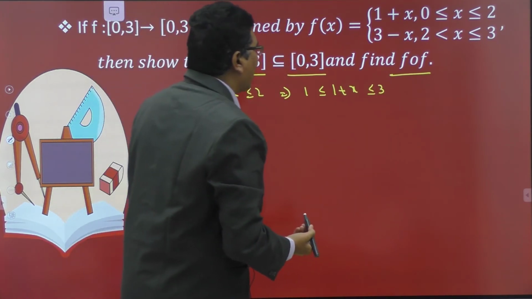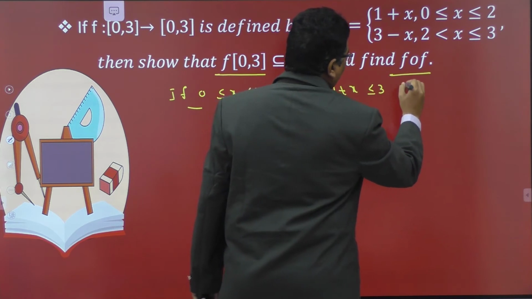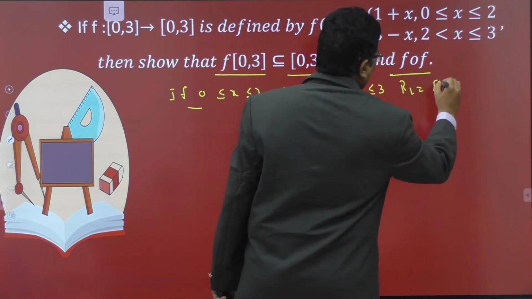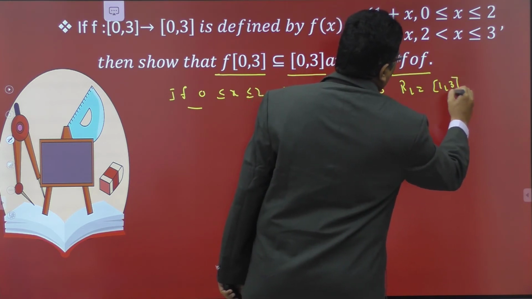Let it be R1. R1 is equal to the closed interval [1, 3].